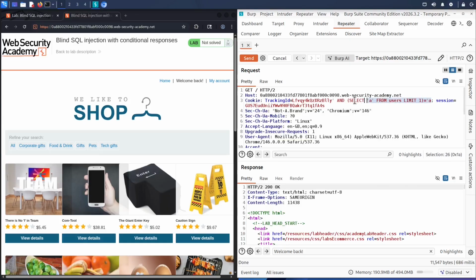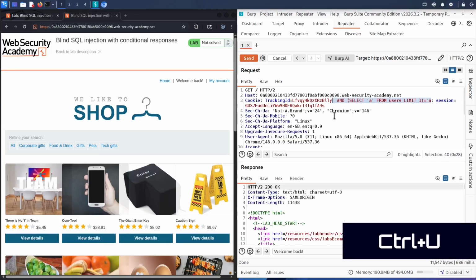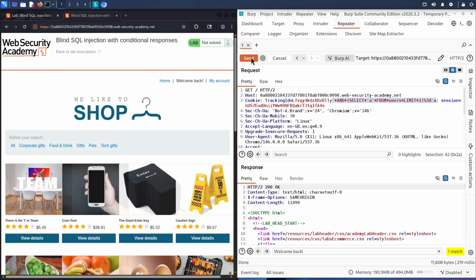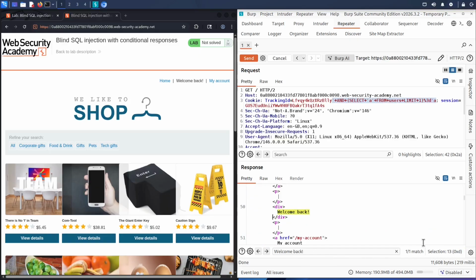Now I select the payload and press Ctrl U to URL encode the special characters. Then I send the request. In the Response tab, I search for the welcome back message again. We can see one match. I click it and Burp highlights where the welcome back message appears in the server's response. This tells us that the condition evaluated to true. The subquery executed successfully and returned a result, confirming that the users table exists, and the application continues to display